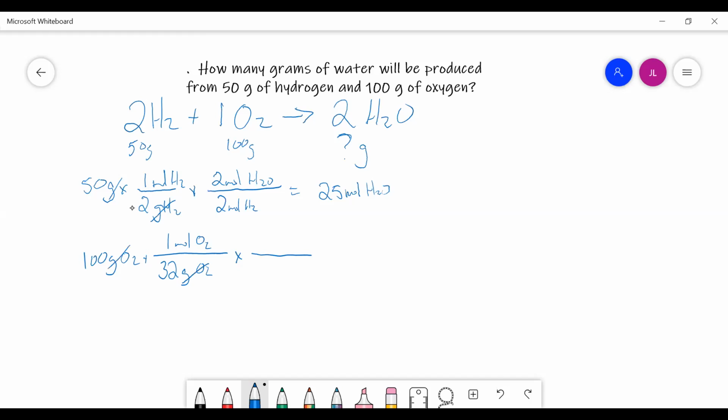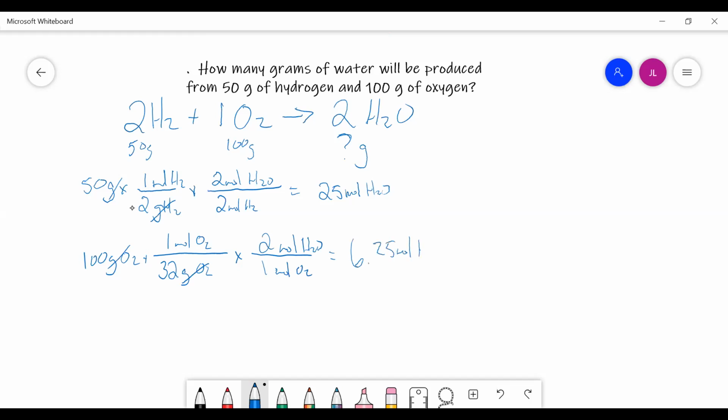Now let's go from moles of O2 to moles of H2O. All right, so we look back at our balanced equation. We have 2 moles of H2O for every 1 mole of O2. So take 100 divided by 32 times 2 ends up with